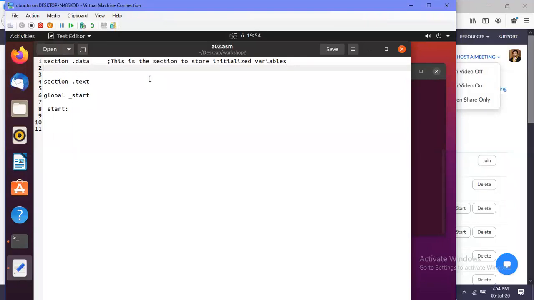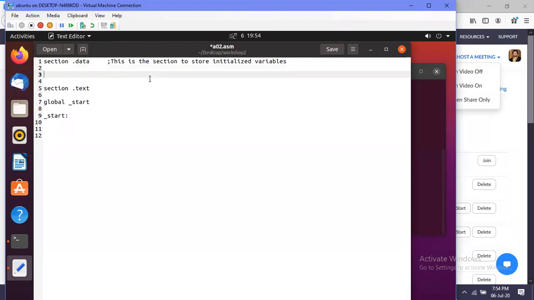The initialization is done as follows. First, before initialization, you have to give a name. In our high level languages, integer X. X means what? X is the name. Name in the sense that it is the label which refers to the memory address of that variable.